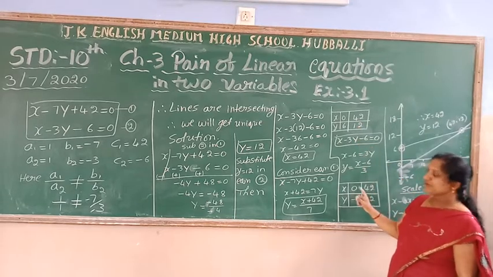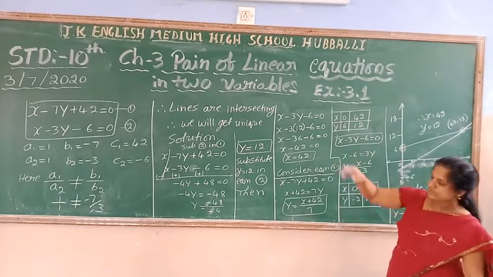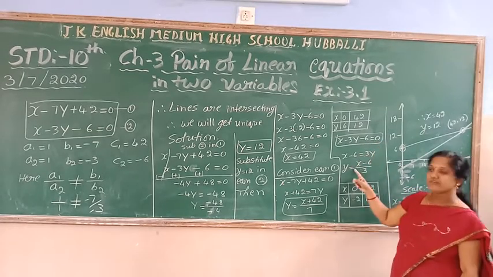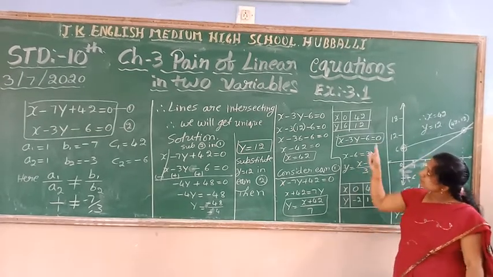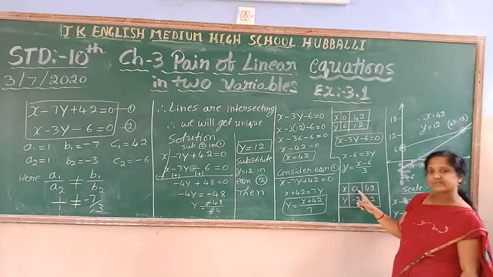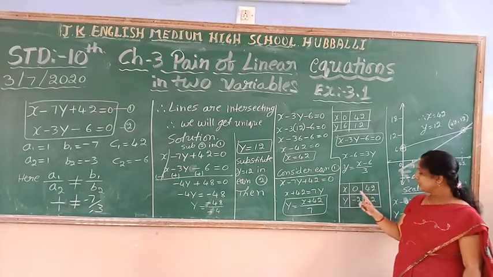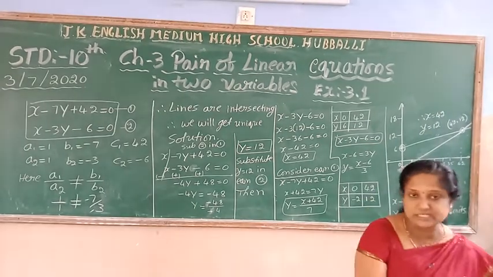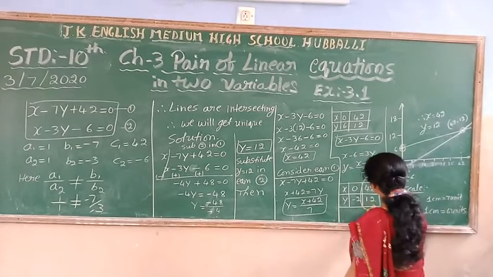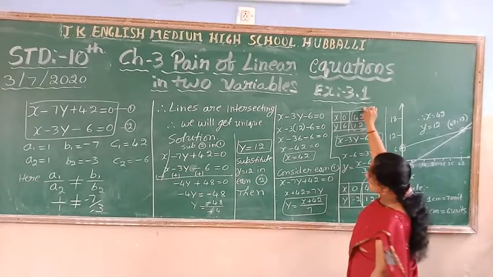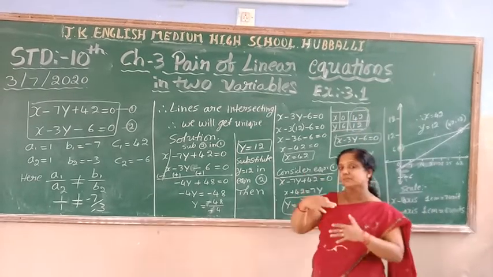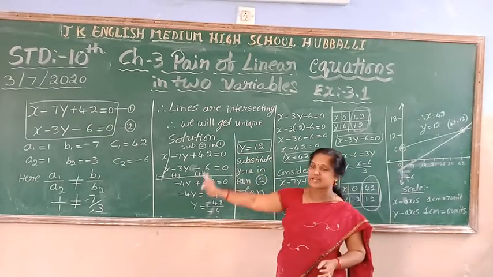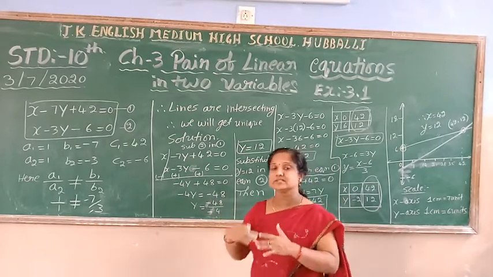Here also, for the other equation, consider the second equation x minus 3y minus 6 is equal to 0. Convert it in the form of y. Then substitute one value, which should be 42 only. So one value I give 0 and one value I give 42. So I got the same solution. See, both have the same solution. That is the solution. To find out what the solution is, this is extra. If both columns have the same values, that is the solution. This is actually extra, but it becomes easy and it will save time.